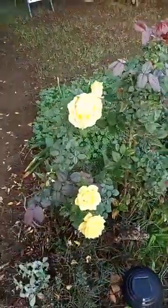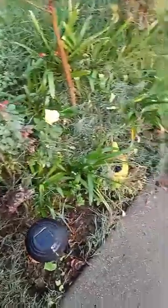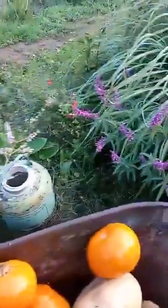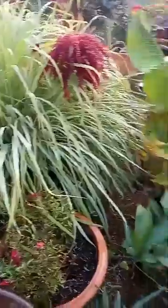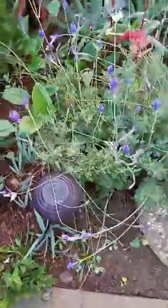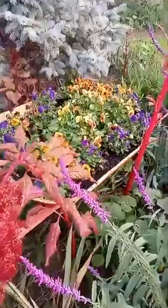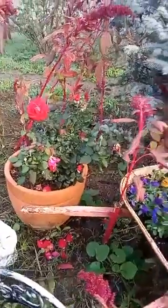Here we are with some beautiful roses to begin the tour, and some daisies and various types of sage and stevia and grass, aloe vera. Here we have some lavender and a lot more of these amaranths, some pansies, beautiful rose, and other types of roses, and